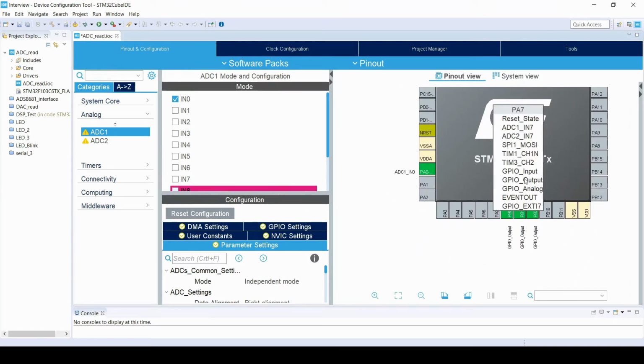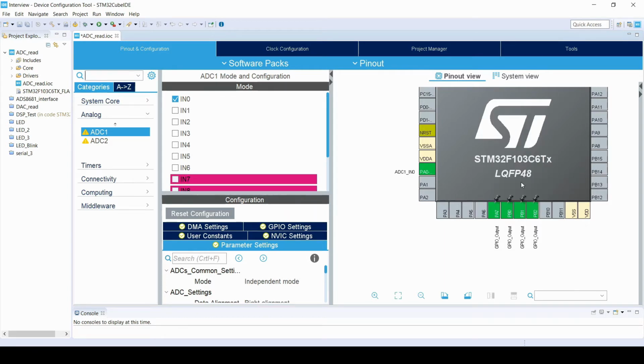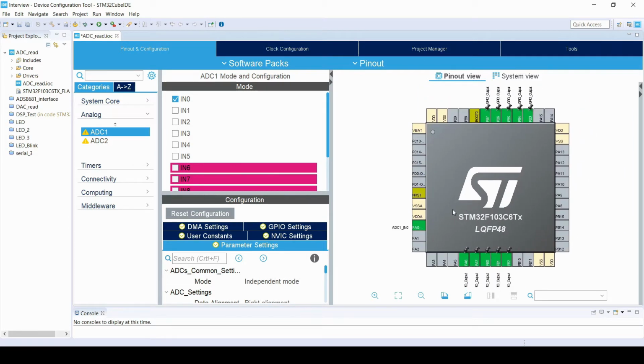For RS and enable pin of the LCD, we will configure the PA6 and PA7 as GPIO out. So following the same steps.